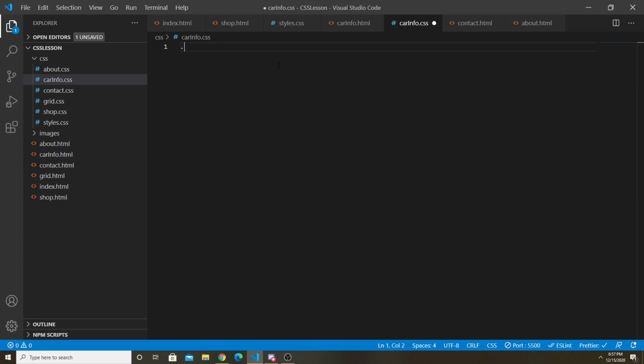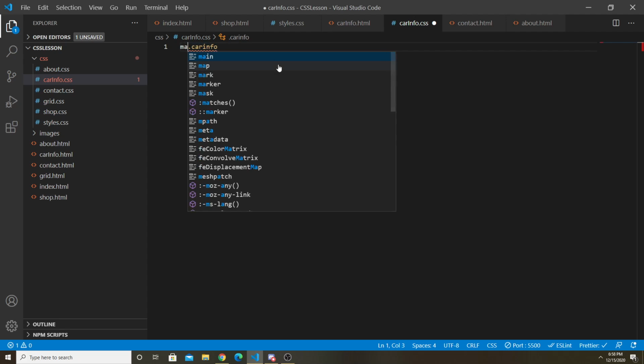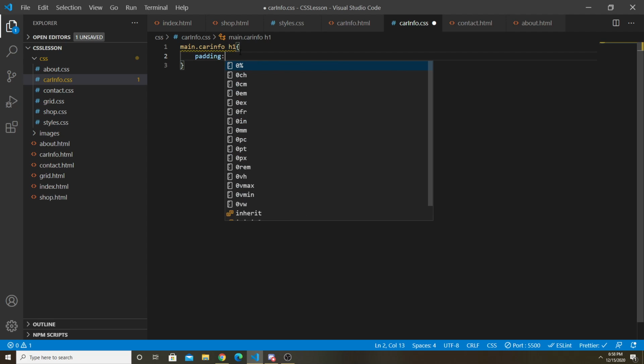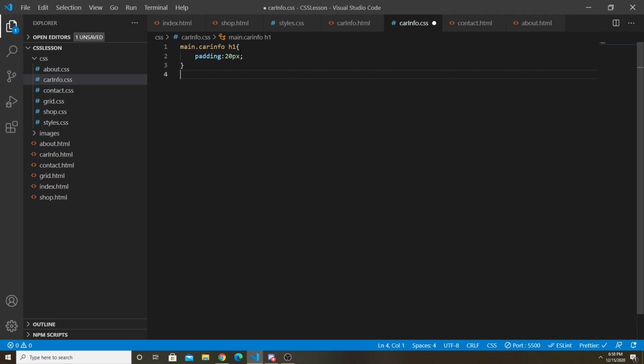So carinfo, or main carinfo, because we put carinfo on the main element. I want to say, well, really nothing for carinfo, but carinfo h1. Let's give that some padding. Let's say 20 pixels. And then I don't have to type main, I could just type carinfo. Carinfo table, display